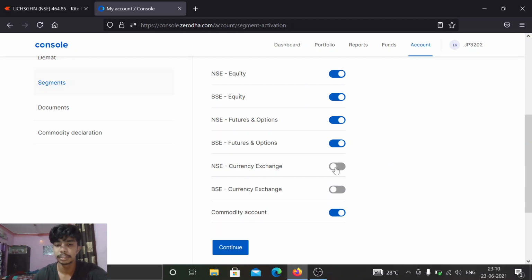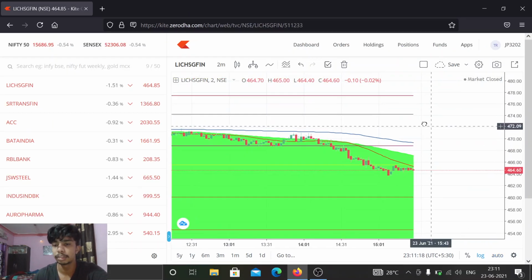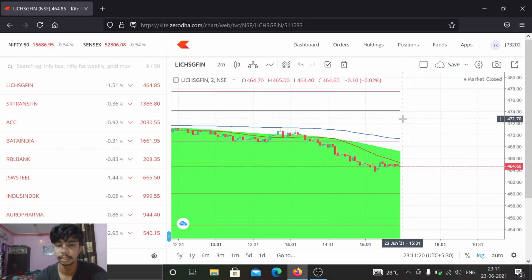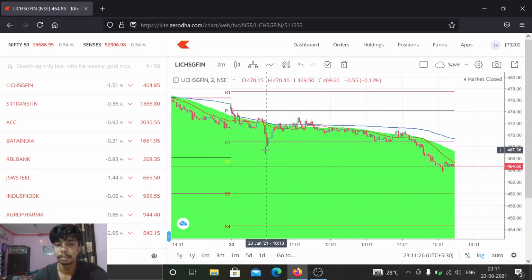So this feature is good if you have overtraded or incurred a heavy loss, to stop from further losing or blowing up your account. This is a good feature. But what if there was a good opportunity and you can't grab it only because you have disabled the trading segment? The benefit is that you will not trade further for the next one trading day, and the disadvantage is like this.